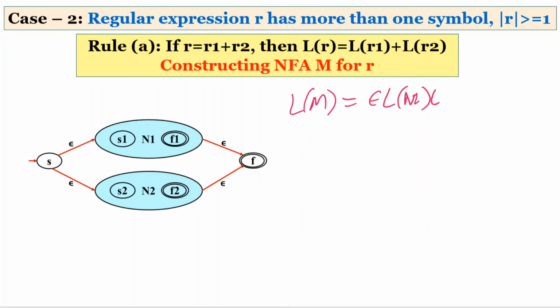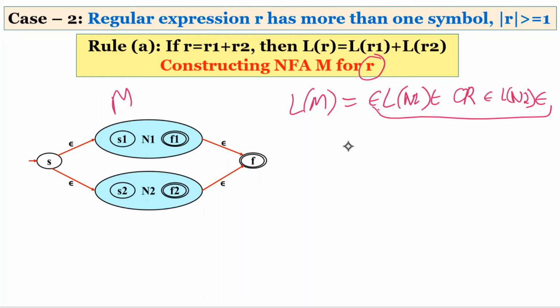Next we have this, and both these expressions are in ORing, and we have null, then the language of N2, and then again we have a null move to reach the final state. So this is our expression corresponding to this, meaning the language corresponding to this machine is this. So this is our machine M, and this is the language corresponding to the machine M. Now we have to prove that this language of the machine is equal to the language of the regular expression, this R, right?